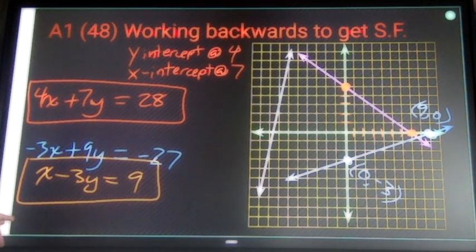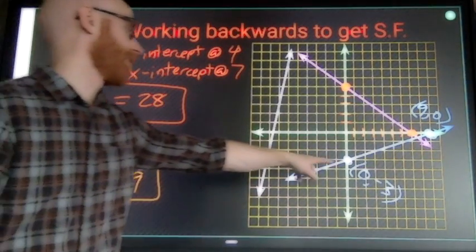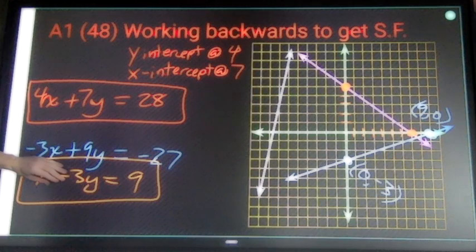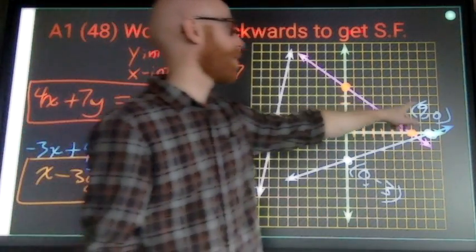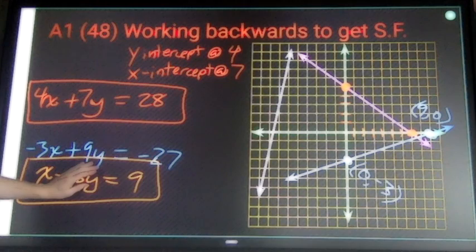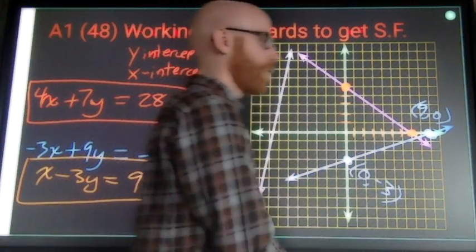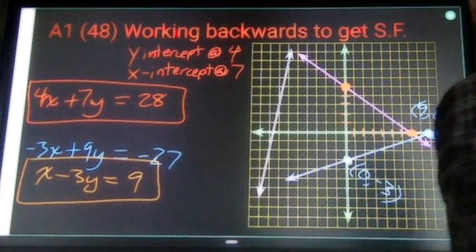All right, and if you look, double check with your intercepts. When x is 0, y is negative 3. Negative 3 times negative 3 is positive 9. When y is 0, x is 9. All right, x equals 9. Okay, so if you can find the x and y intercepts, it's very easy to write an equation